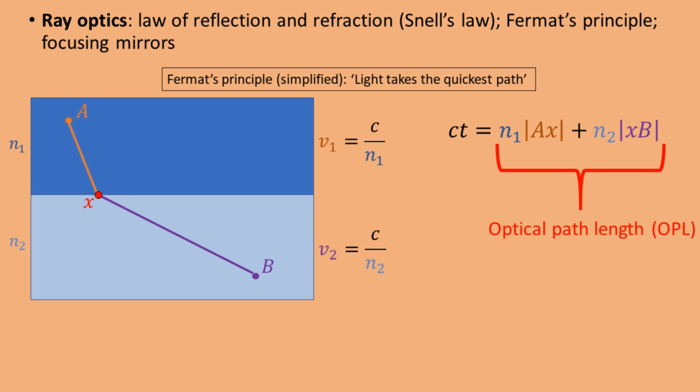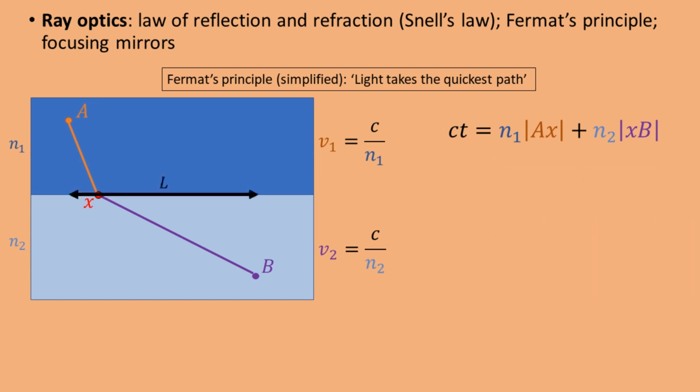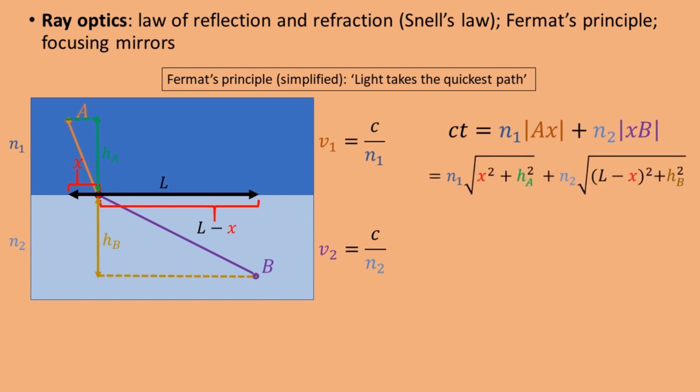In order to write this expression more explicitly as a function of x, let's define a few quantities. Let L be the horizontal distance between points A and B, so that the distance between point A and point x is x, and the distance between point x and point B is L minus x. Let the vertical distance from point x to point A be hA, and the vertical distance from point x to point B be hB. Now we can write the expression for cT more explicitly as a function of x using